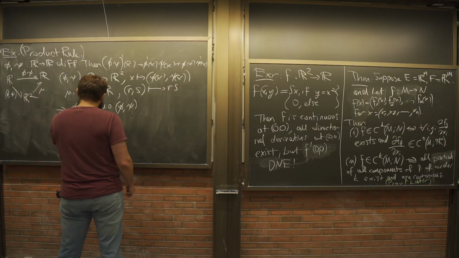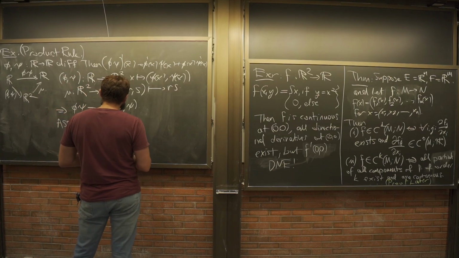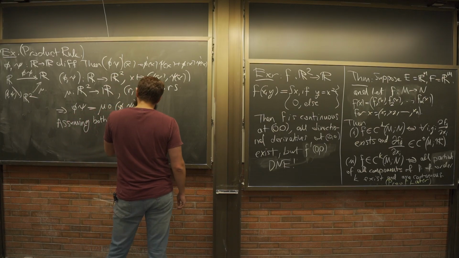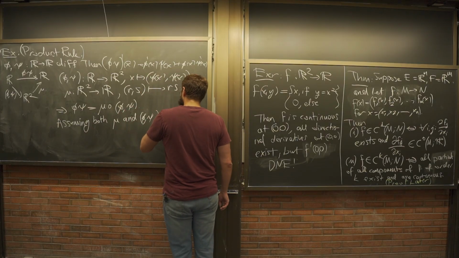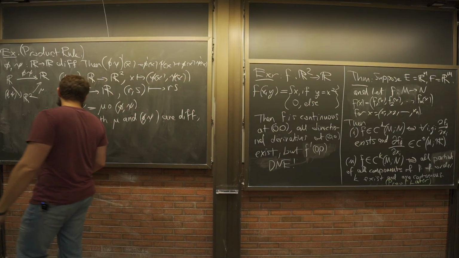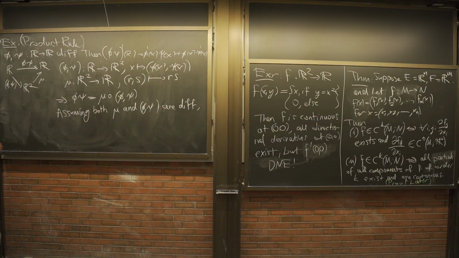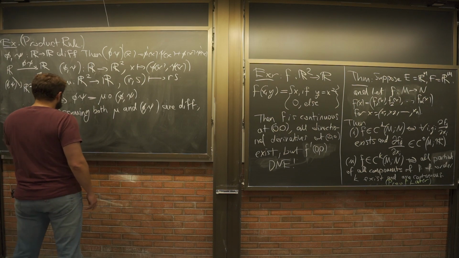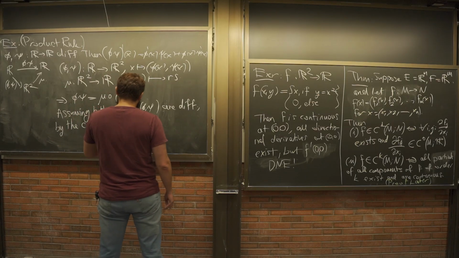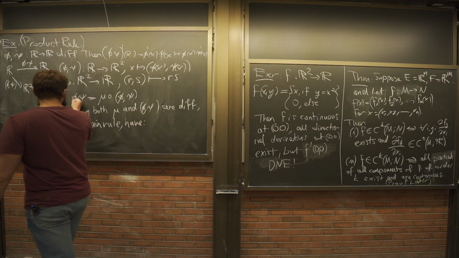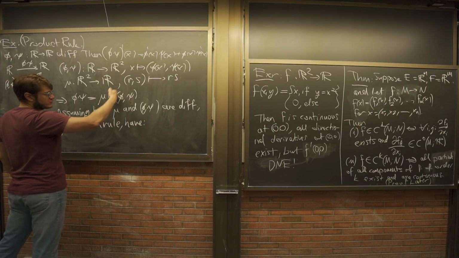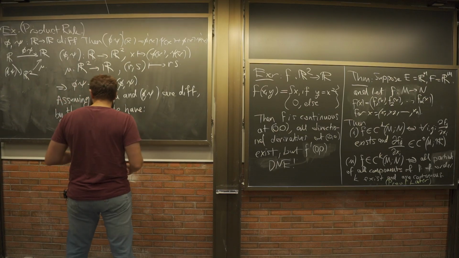Assuming both mu and (phi, psi) are differentiable, by the chain rule we have that the derivative of this is the derivative of this guy evaluated at the output of this times the derivative of this evaluated at the input. And so